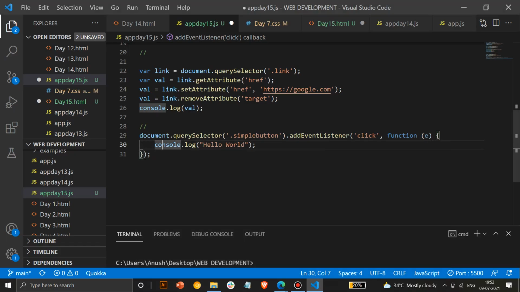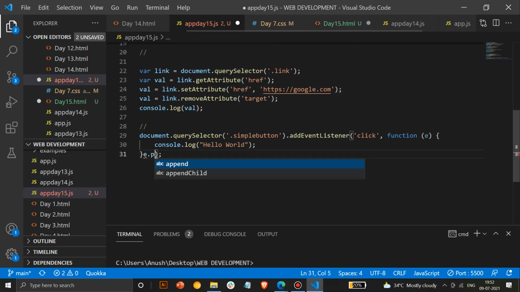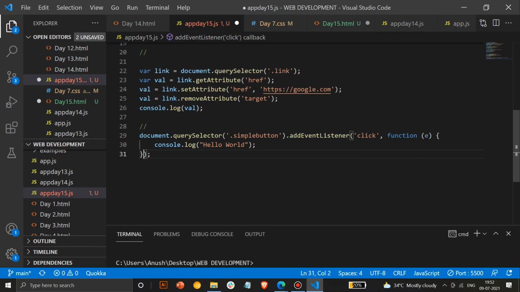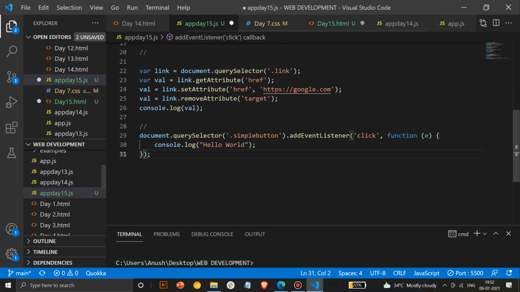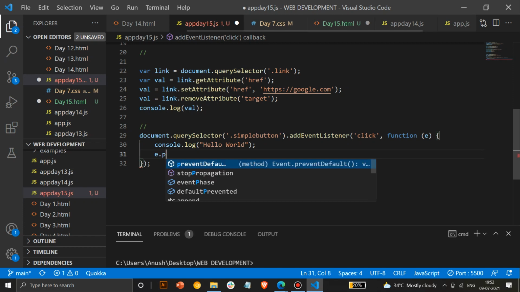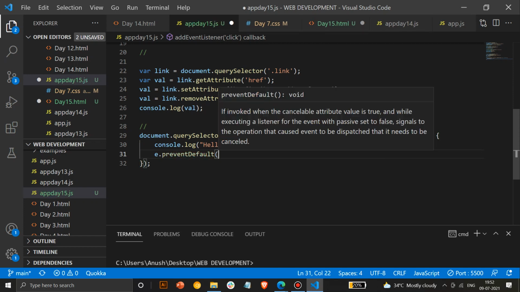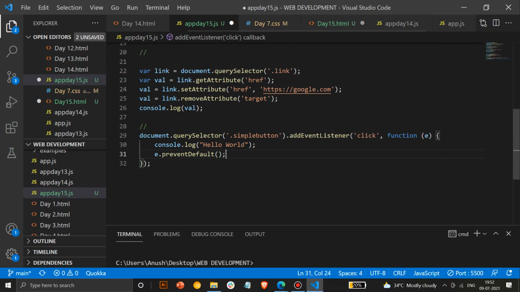To avoid that, you have to define a function with e, and here we'll use e dot prevent default. It will stop things if you have multiple functions going on together. If you have written onclick and defined a function here, and through JS you are also defining something, two functions are running simultaneously. In this case it requires that you only use a specific function at a particular time. So to avoid these kinds of errors, there's something called e dot prevent default, and it will prevent any other events going on by default.